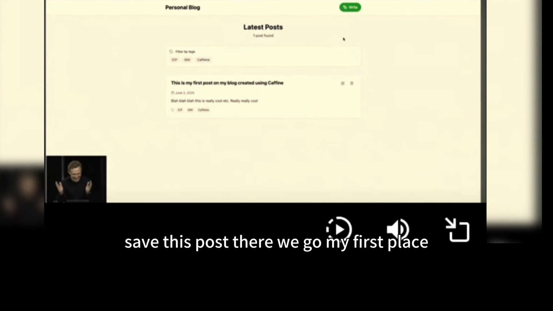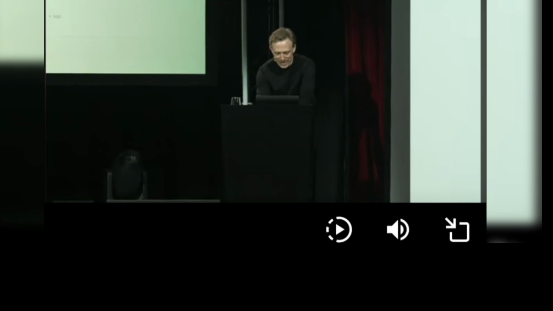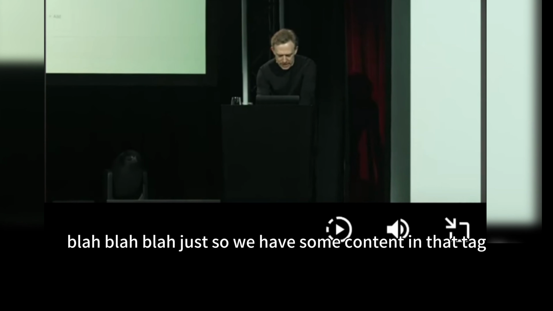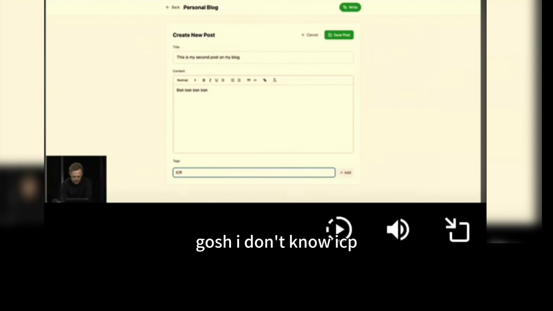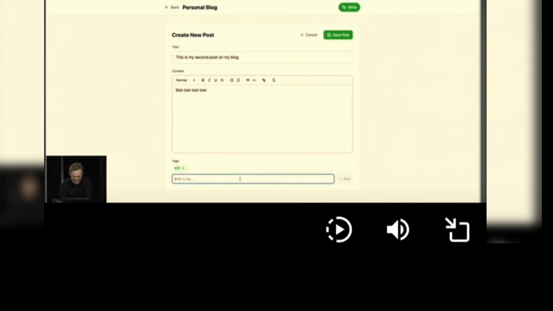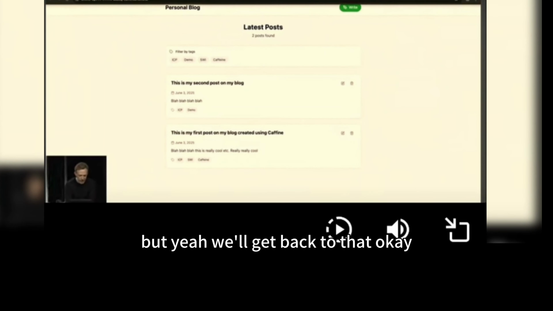My first post. Okay. Just so we have some content in that. Tag, oh gosh, I don't know, ICP, demo, whatever. All right. So that's working. It's still kind of basic, but we'll get back to that.